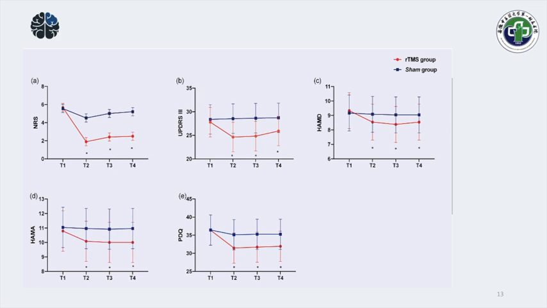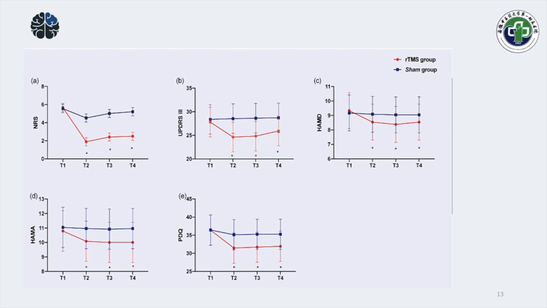Finally, after the trial, we analyzed the data and got the results. We can see from the picture, the red lines are the rTMS groups, and the blue lines are the sham groups. From part A of the picture, the rTMS group exhibited significant improvement in pain scores from the baseline, with pain score reductions at each follow-up time point, while no pain score changes were observed in the sham stimulation group